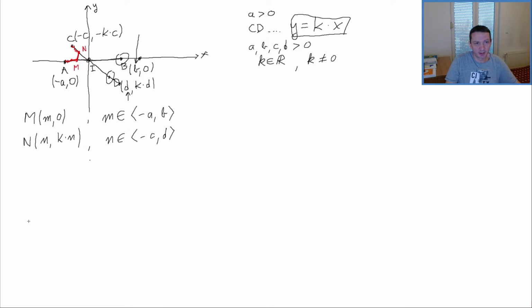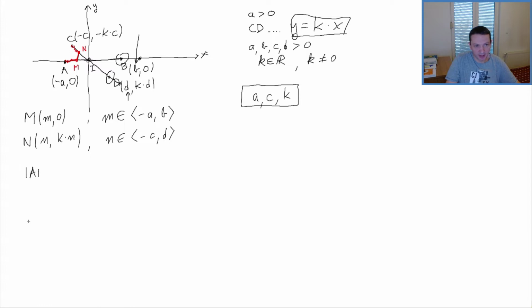So we expect our solutions to depend actually on A, C, and K. We will obtain our solution to depend on those 3 numbers, A, C, and K. Okay, we start. First we have